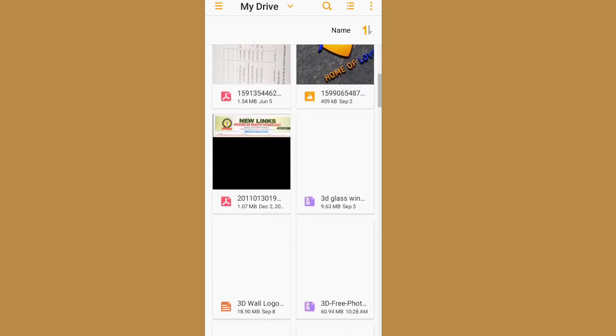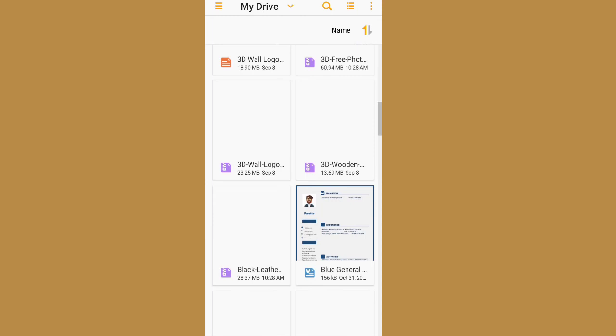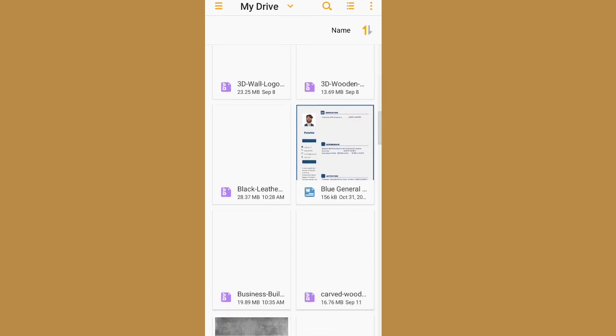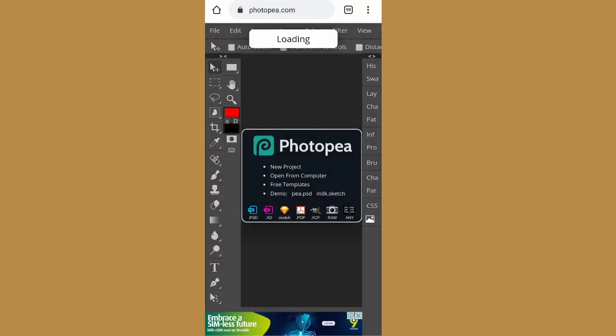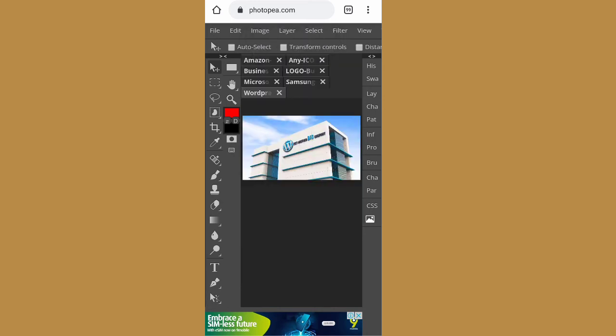So the next thing you will do is select your mockup file, but I want to choose another mockup file so that you can know that you can run any kind of mockup file. It just depends on the time each of these mockups takes to load. The time differs. So the next thing, I click this one, and you wait a little bit for it to load. At times you can check the size of the PSD mockup file that you want to download. When you check it, you see it loads faster. You see, this is the mockup file.